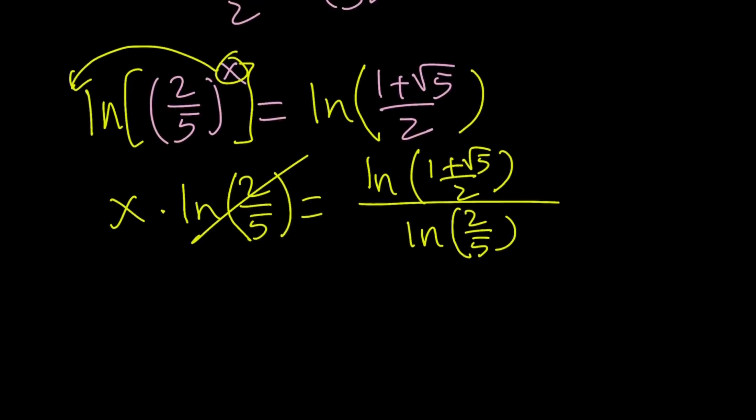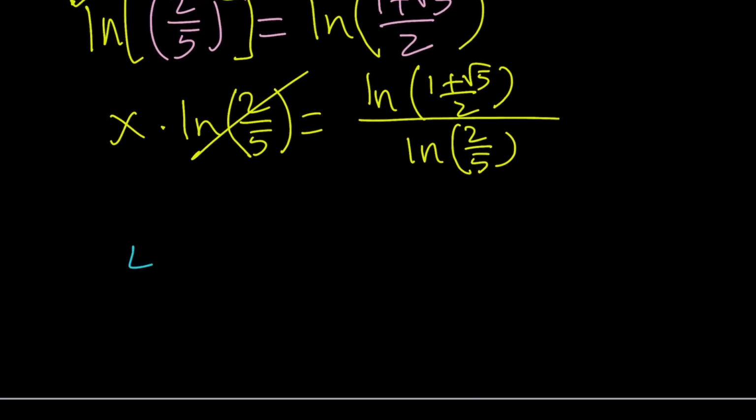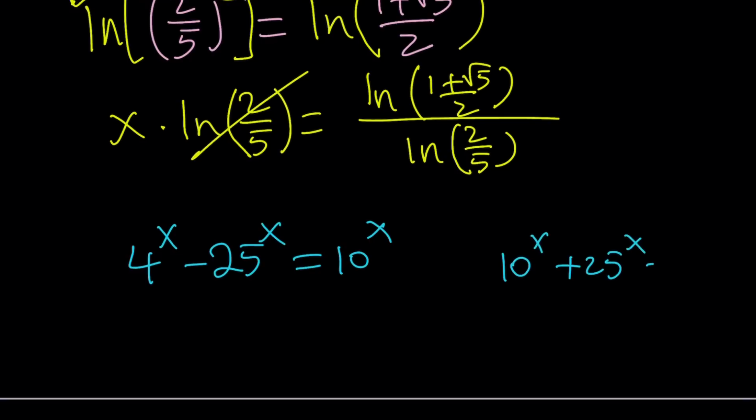Why not? But let's go ahead and look at the original problem one more time, because I told you this is going to allow you to generalize because of the way I gave you the problem. But, you know, sometimes it's not given like this. For example, this problem could have been given to you like 10 to the x plus 25 to the x equals 4 to the x. Would you be thinking the same thing? Yes, you should be. So always look for perfect squares and then try to associate them by using substitution,